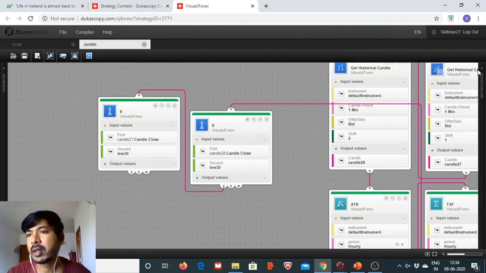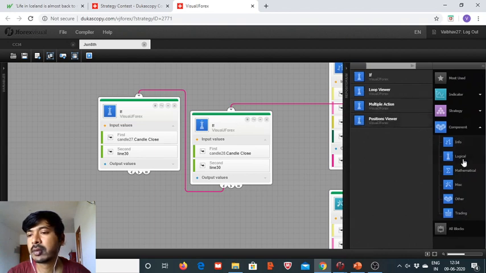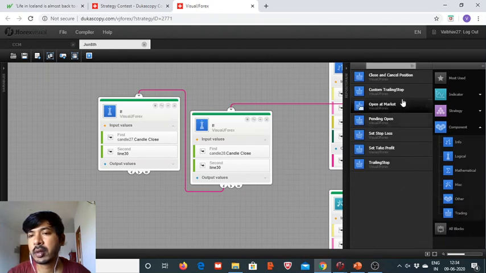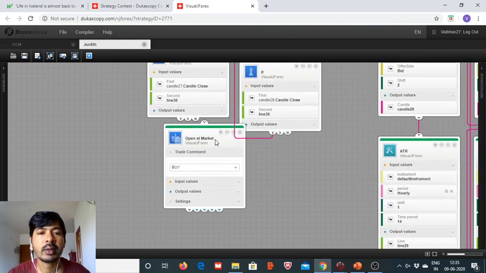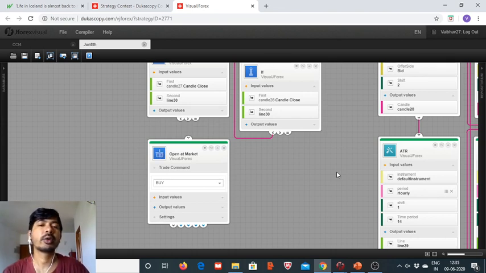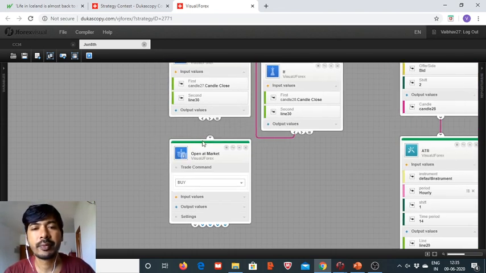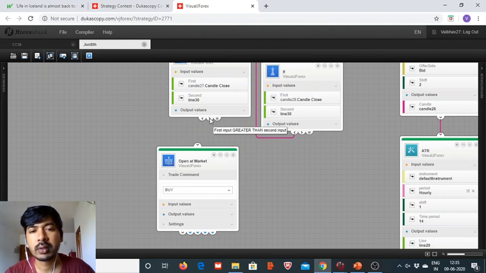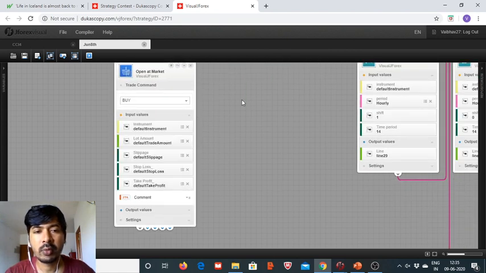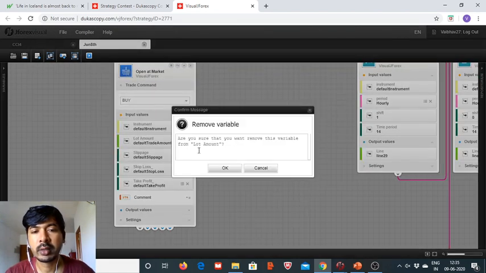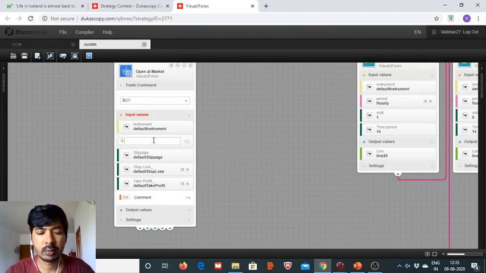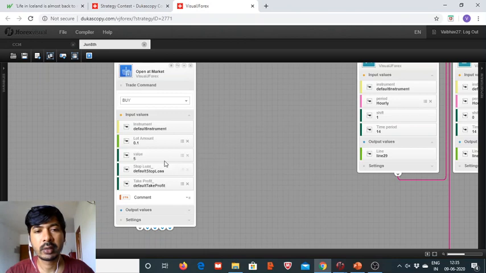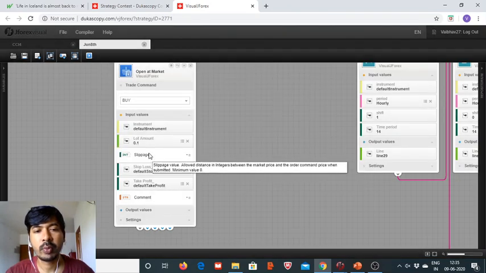and now is the time to bring in the open at market trading and open at market. As soon as the conditions are in place, whatever is the market price, our execution will happen. So we want this first input greater than the second input, and the value for this trade amount will be at 0.1 million, whereas the slippage will be 2 pips,